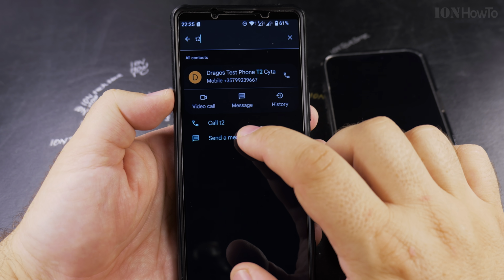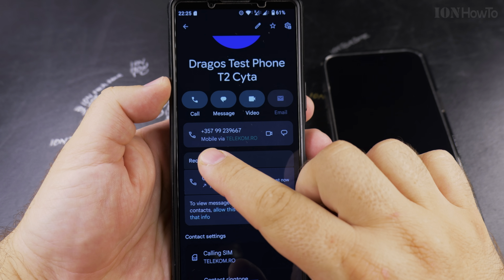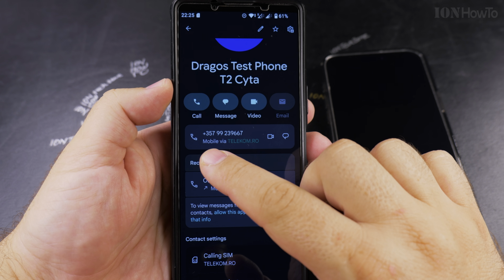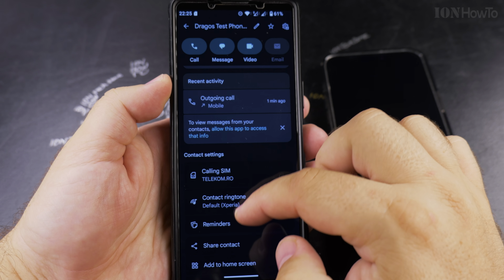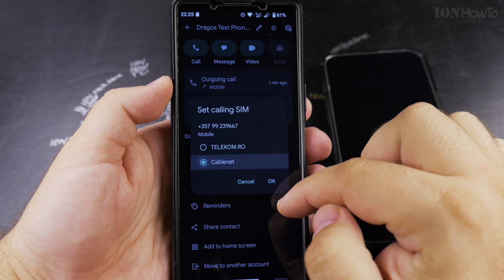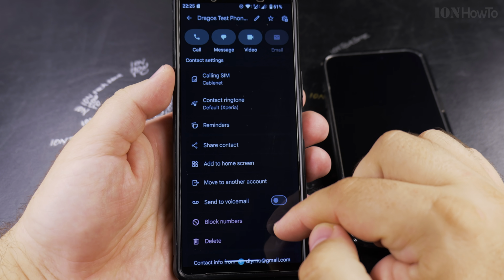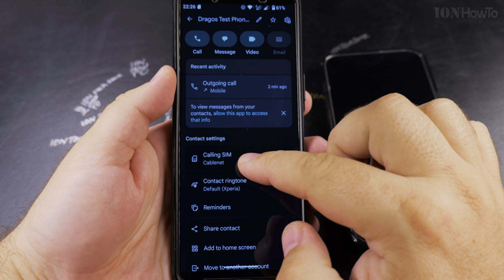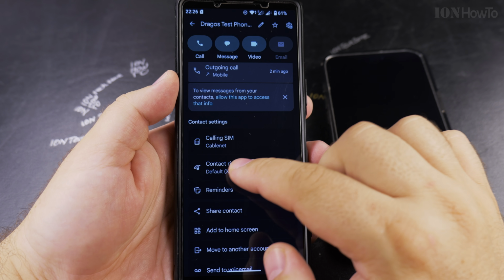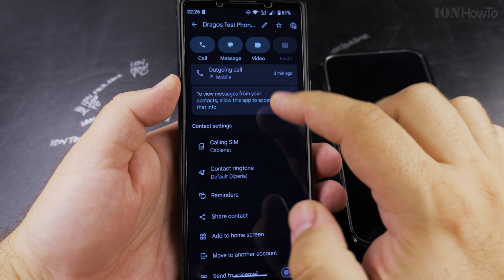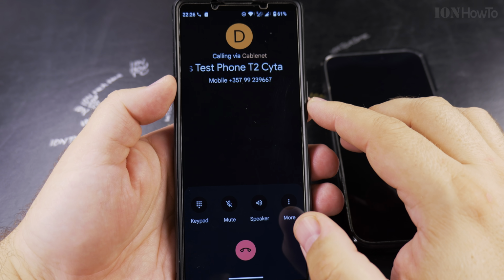So that's how it works there, and I want to put it back before I forget. So it says here, you have the option here to call via telecom from there. I can change the option to put the default calling from CableNet like that. Now it says there calling SIM is set. Now I will leave it like this to call via CableNet, just so that I don't have to use the roaming SIM card with this. And if I do a call, it's going to do the same. It's calling through CableNet,